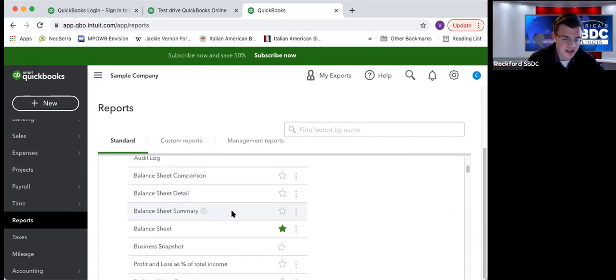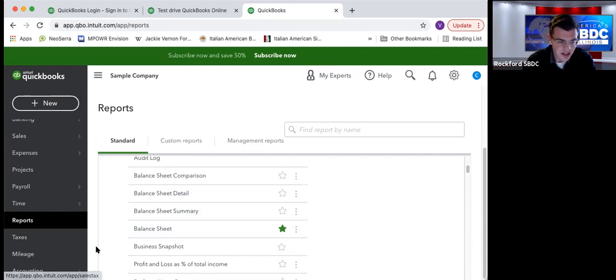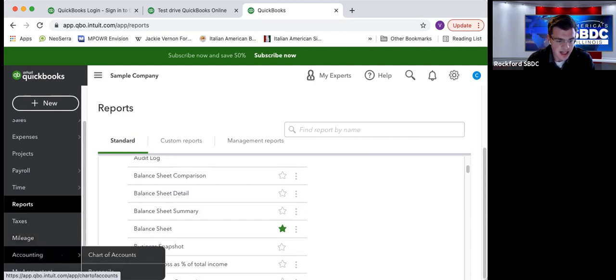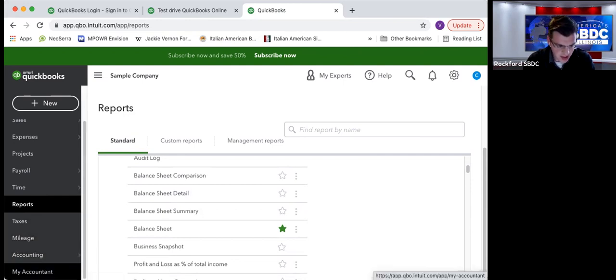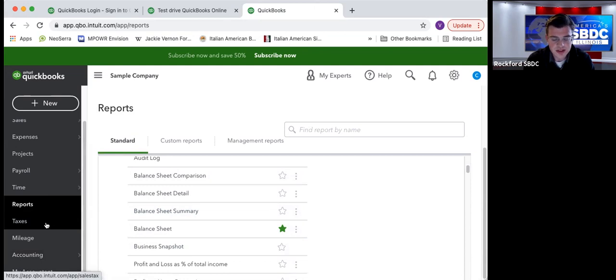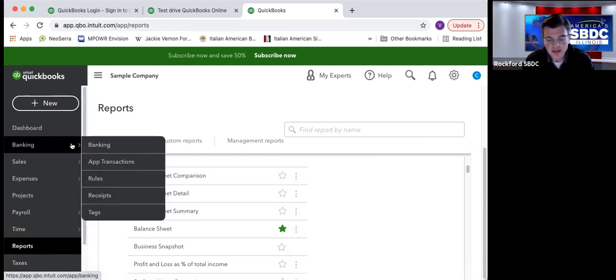So you can kind of customize it to your business. Taxes, if you're doing payroll off of here or sales tax, you would be able to pay your taxes through this tab. Mileage is another newer feature for you to track your mileage. Accounting, this is going to be where we'll get to chart of accounts in a little bit. And then My Accountant, you can share QuickBooks Online with an accountant if you have one, and they will be able to get into your QuickBooks to do either adjusting journal entries or manage your profit and loss statements and